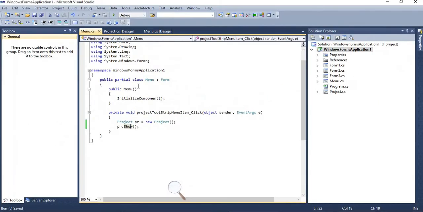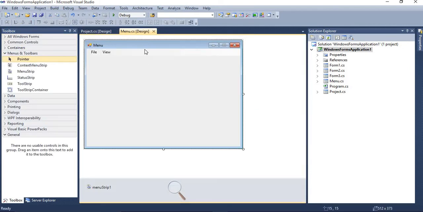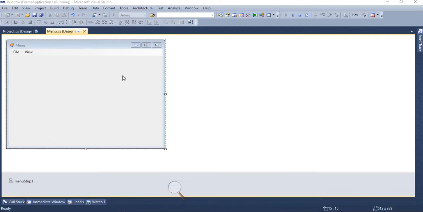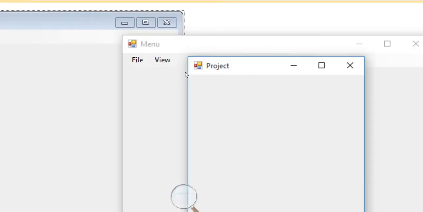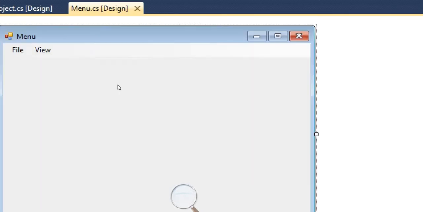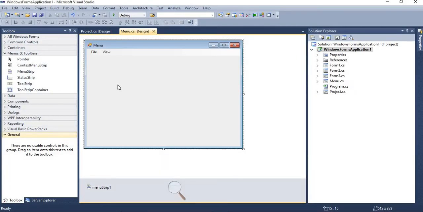It will show your project form on the clicking of the menu item. Now we are going to check our output. Click on Project, it will open the project form. So in such a way you can design your menu.